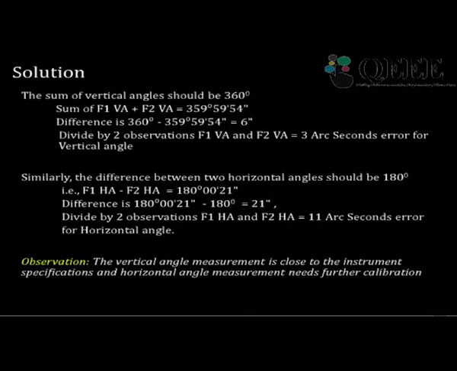So note down the distance obtained from the tape and the distance obtained from the total station measurements. If the difference is within the OEM, that means the original equipment manufacturer specifications, then you can say that the distance measurements are under control. If it is not, then it has to be calibrated properly. So this is how you have to calibrate the instruments. Calibration is a very important thing before making measurements using total stations, and not only total stations, any other high-end instruments.